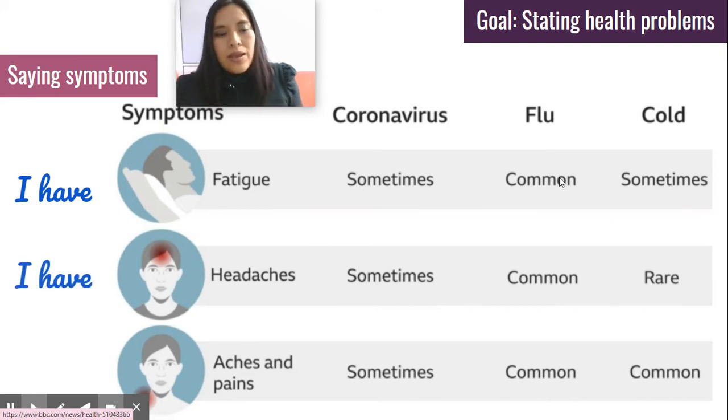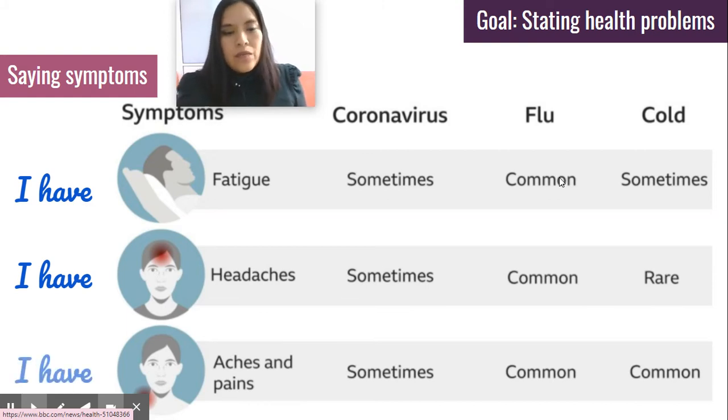The second one, I have headaches. Since headaches is plural, it is not possible to say I have a headache. That is incorrect. But we say it in individual because in some cases the headache is an isolated situation. So we can say I have a headache. Okay. So we have two forms. I have headaches that are permanent or I have a headache.